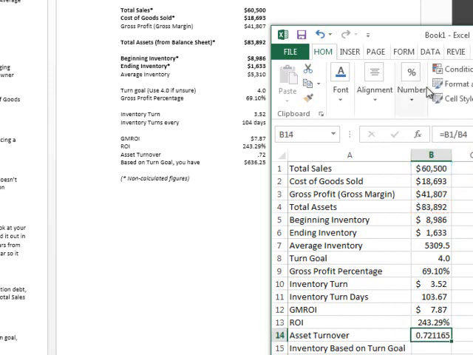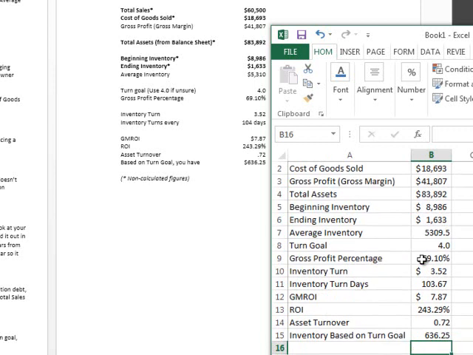I'm going to remove some of the decimals here. There we go. On our last item, inventory based on turn goal lets us know if we have the right amount of inventory in stock based on where we want to be regarding our inventory turnover. So for this one, equals, open parentheses, average inventory minus, open parentheses, cost of goods sold divided by turn goal. Make sure that you choose the goal, not your actual inventory turn. You want goal. And then you have two closing parentheses because you had two opening ones, and enter. And that takes us to